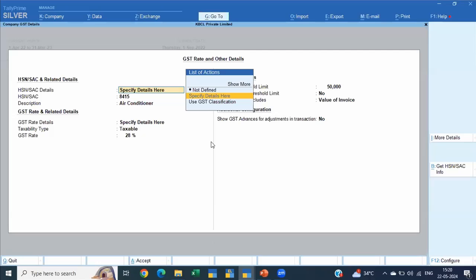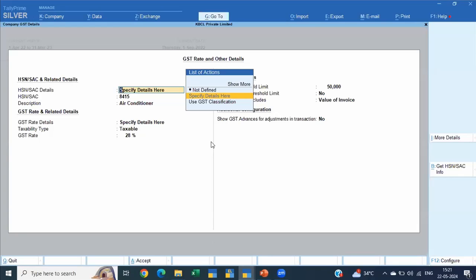They deal with one product throughout, and they are not planning expansion. In that scenario, you can mention your HSN and your GST information at the company level. This is level 1. You need not worry about HSN and GST rate information at any other level, say ledger, stock, or as the case may be.